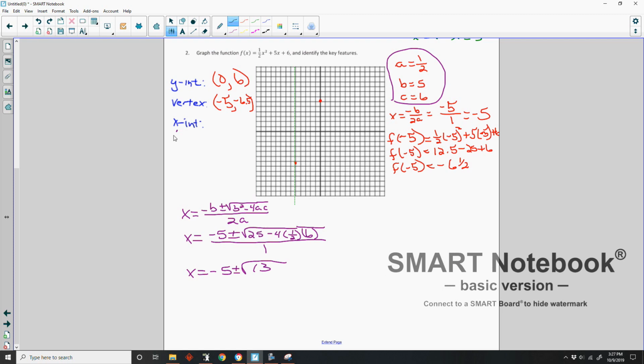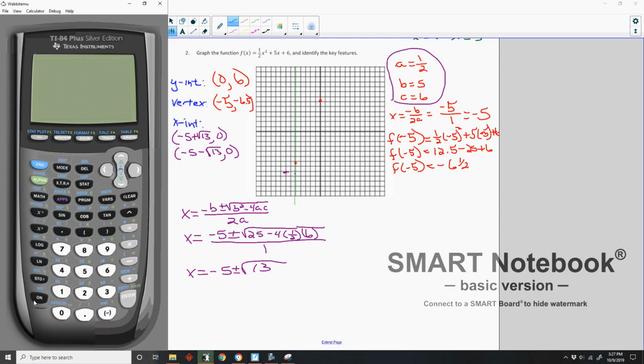So my x-intercepts are negative 5 plus the square root of 13, comma, 0. My other one is negative 5 minus the square root of 13, comma, 0. Now that it's irrational, I see why I didn't want to complete the square. So there you have it. Now we're going to graph these. If I put that in my calculator,